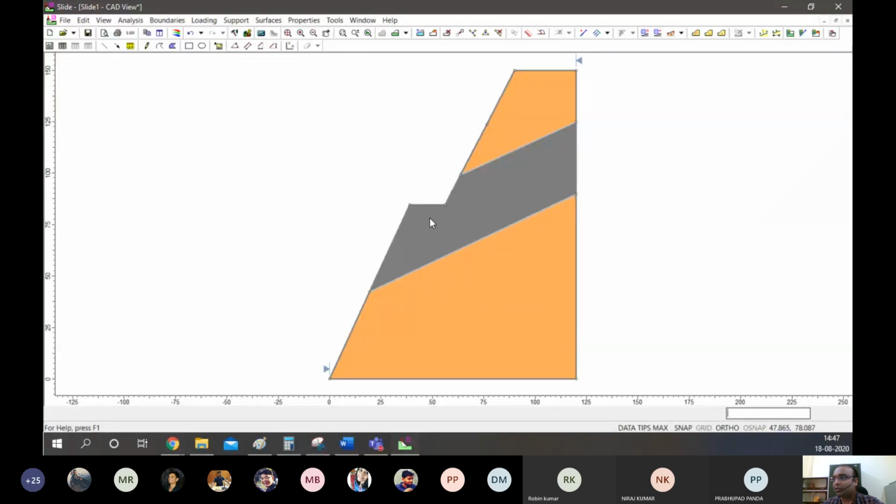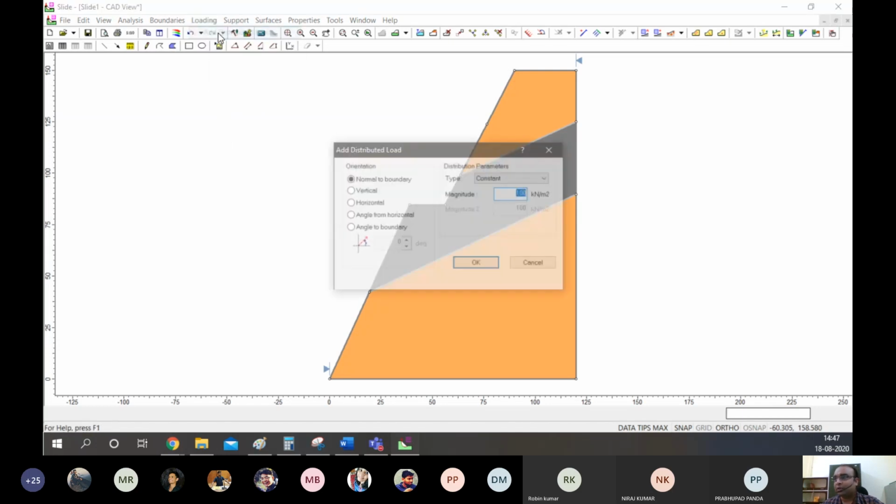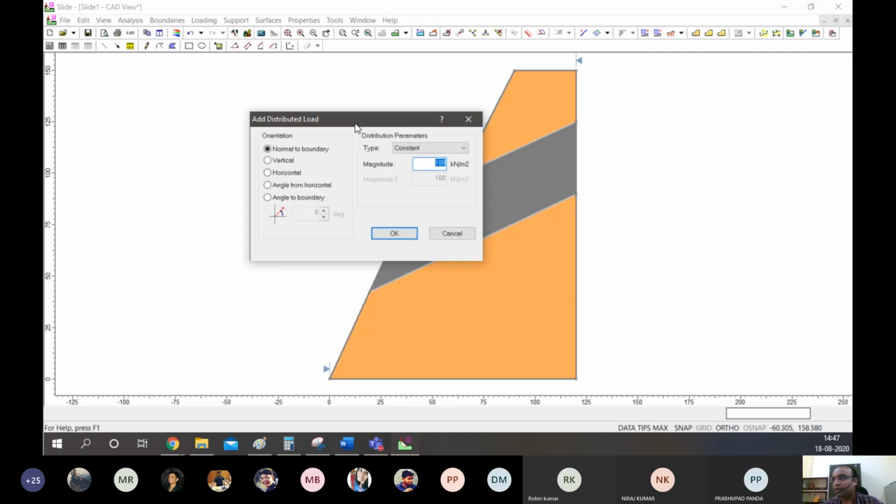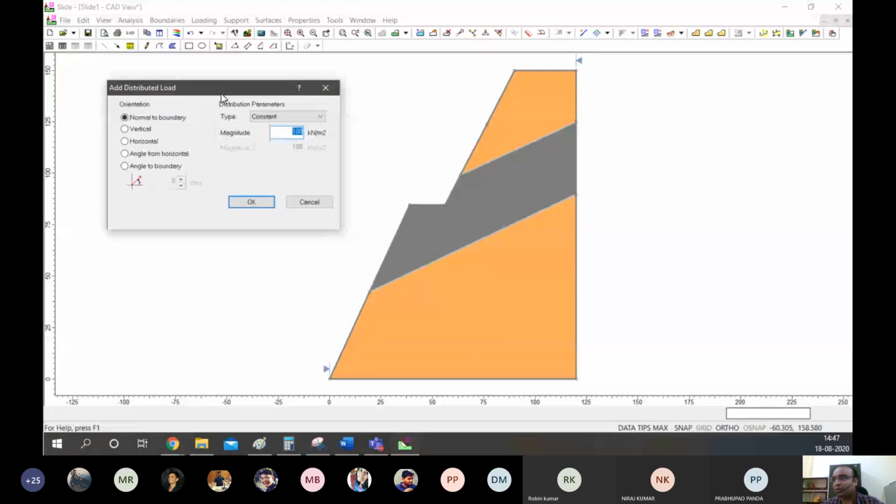this area, if we say it is a ramp, and on this ramp generally two dumpers run. So we can find out what load a dumper applies, and we can add a distributed load. We decide what kind of load it is, whether a triangular load or a constant load.